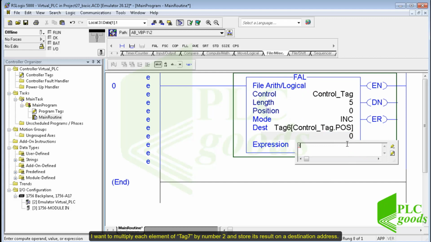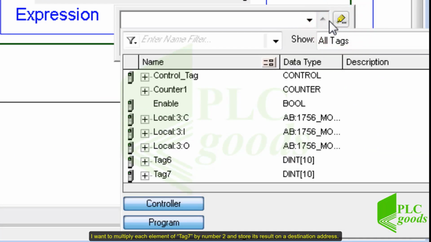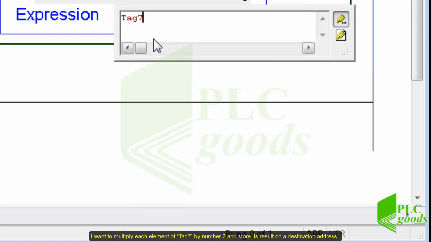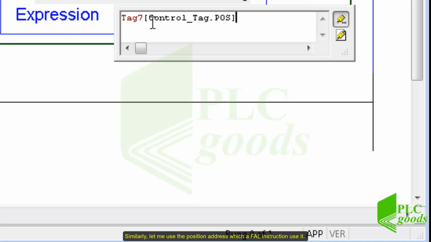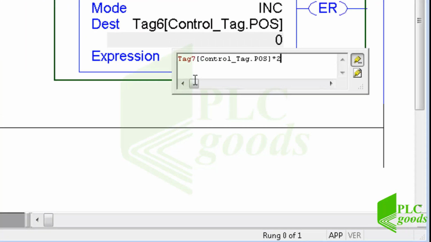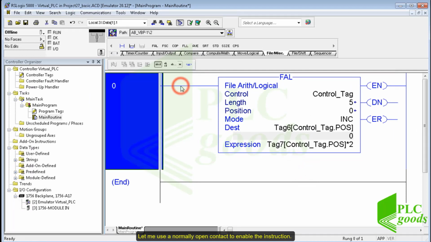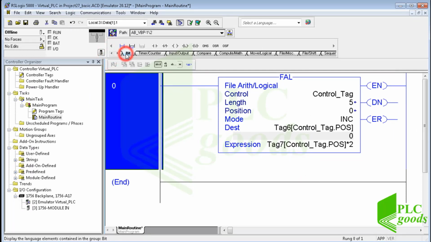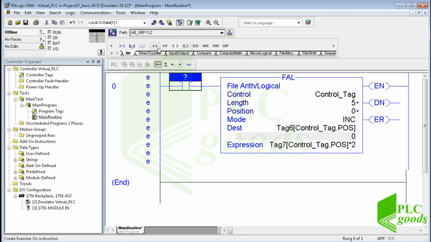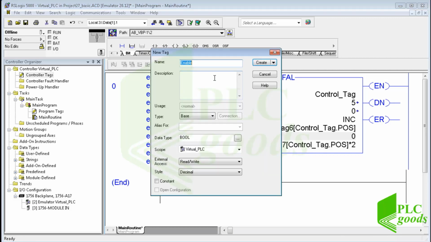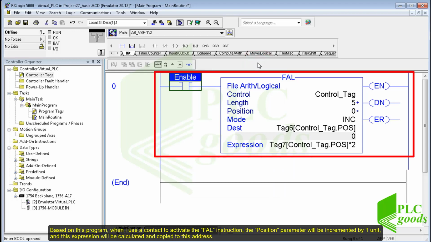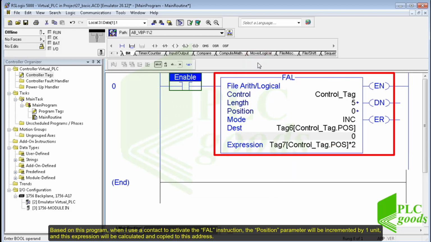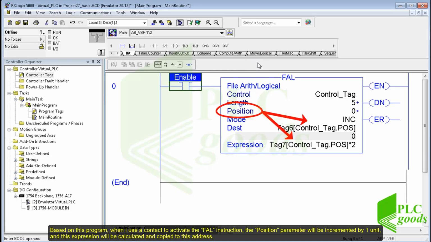I want to multiply each element of tag 7 by number 2 and store its result on a destination address. Similarly, let me use the position address which a FAL instruction uses. Let me use a normally open contact to enable the instruction. Based on this program, when I use a contact to activate the FAL instruction, the position parameter will be incremented